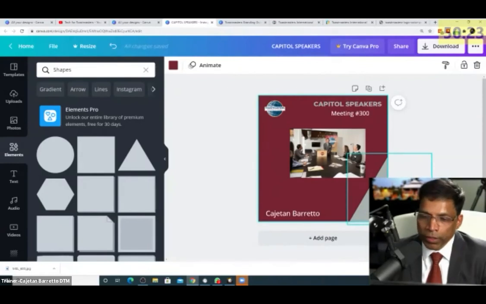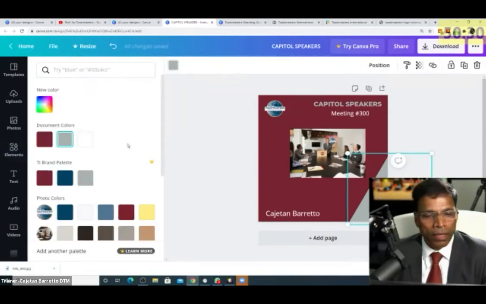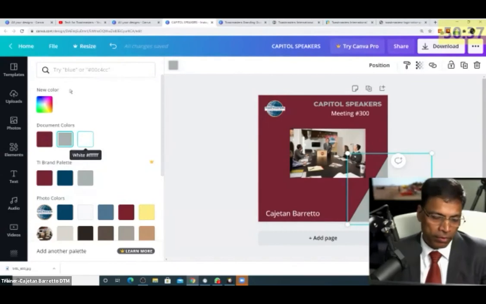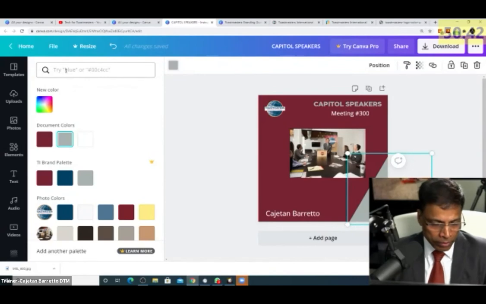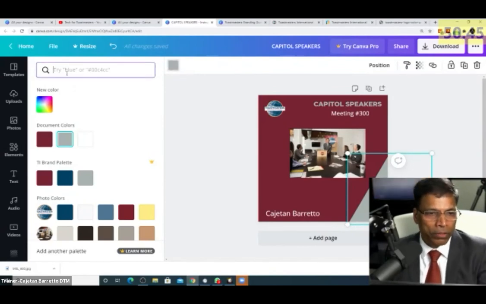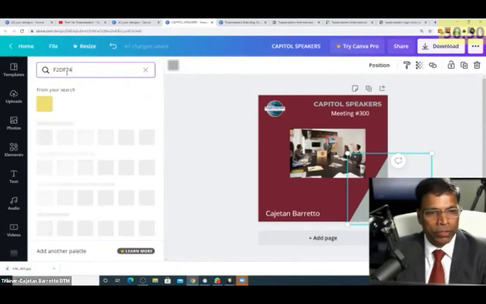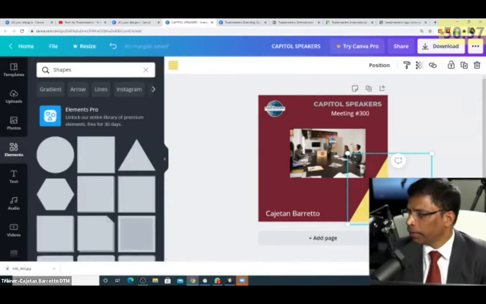And if I want to change the color, let's say I want to make this an accent color of yellow. So I click on this, click the color, and oh, where is the yellow? I don't have the yellow because my free version did not allow me to create a kit with the yellow. So for yellow, I have to remember it. I have to type it in this box: F2DF74. This is the code for yellow, and click on it and your design will have that accent color.